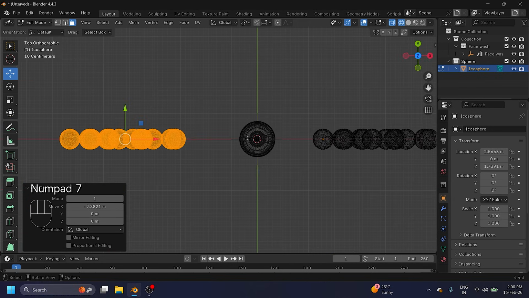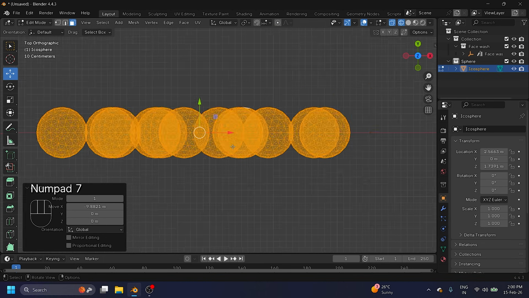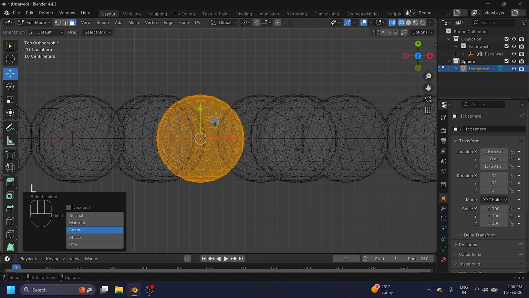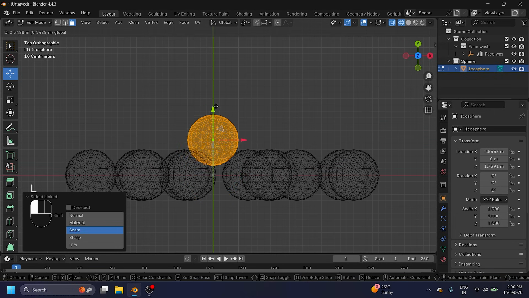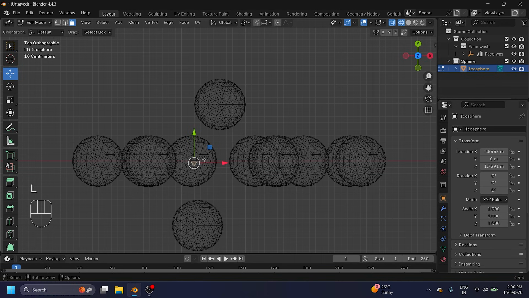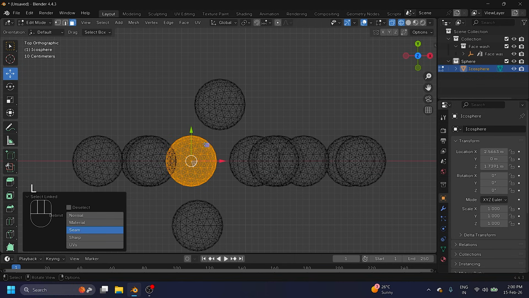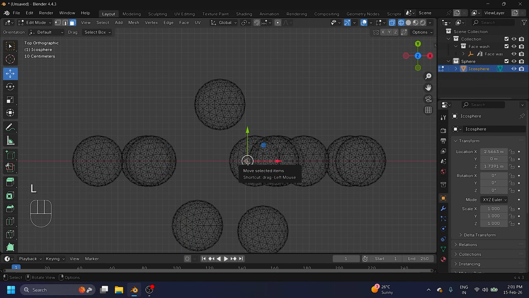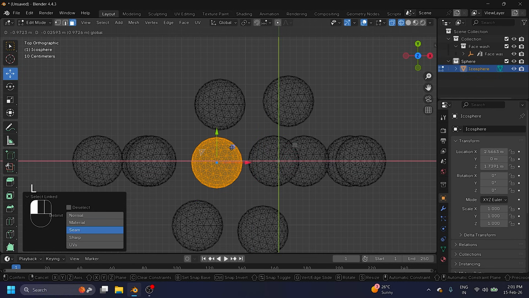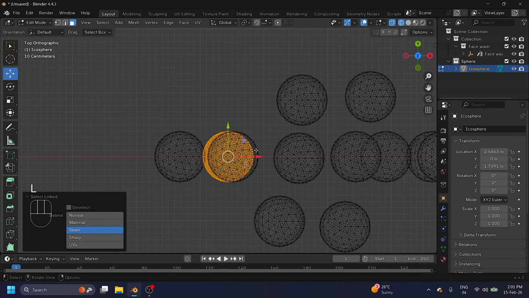But this pair is not in a random position. So simply select this one's pair, press L and Shift to change only the location like this. Select one face, press L, and go here randomly. It's simple. Perfect.